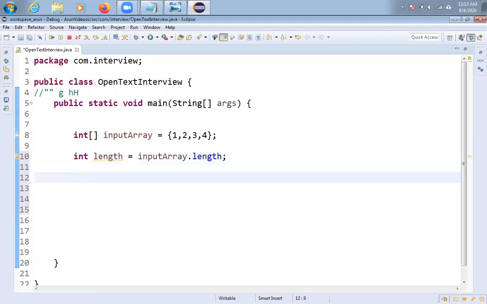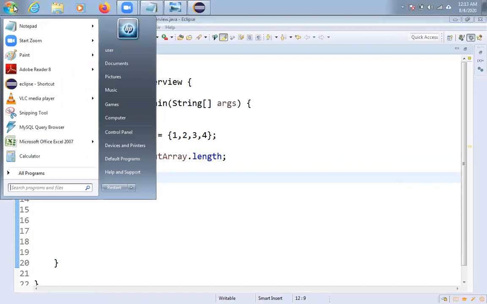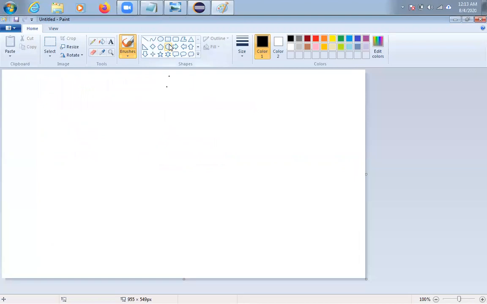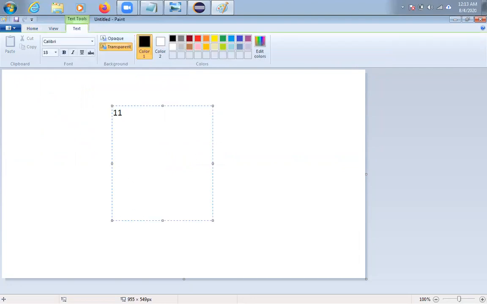Okay, then what is the logic I am going to implement, friends? Very simple logic I am going to implement. So let me explain the logic, friends. Already I have some elements. What are the elements I have, friends? See here: 1, 2, say 3, and 4, friends.